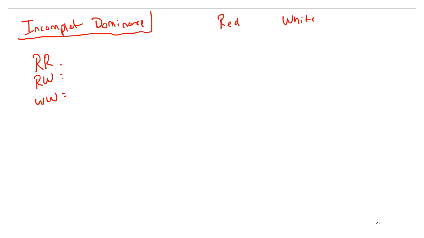RR is going to be what color? Red. What's going to be R and W? Aha. In incomplete dominance, it's a perfect mixture of both. And then WW is going to be white. So if we keep those rules in mind,